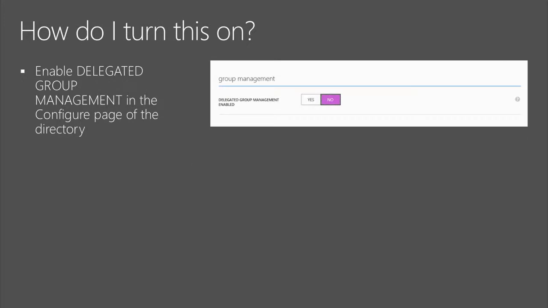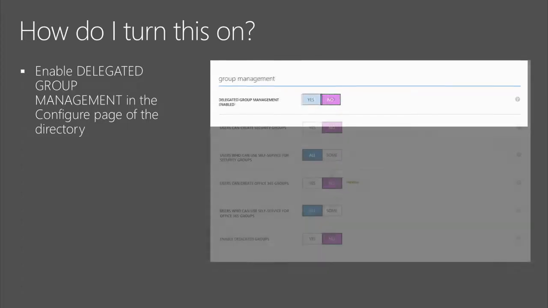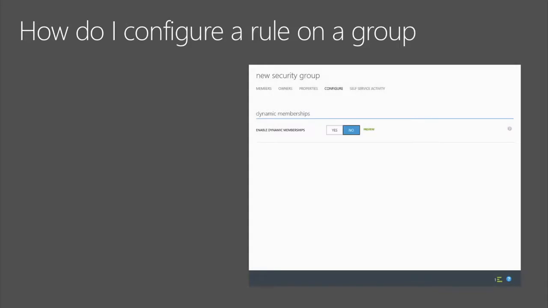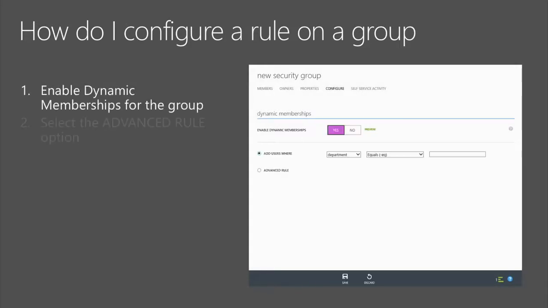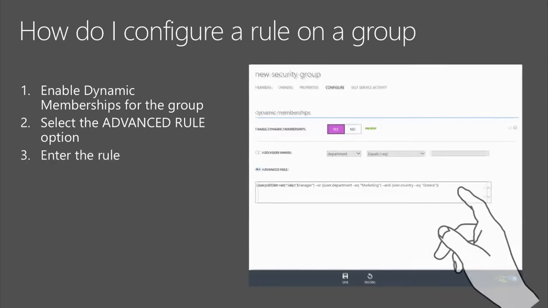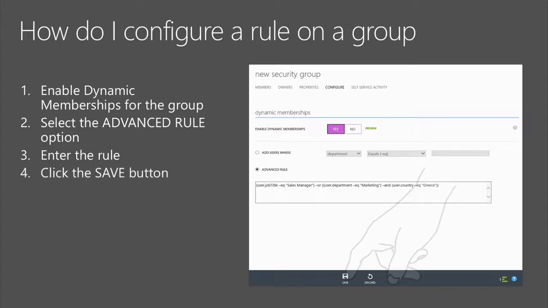Moving on. So you can turn this on by enabling dynamic group management on the group that you just created. By enabling advanced group features on the configuration tab in Azure AD, then creating a new group, enabling dynamic group management on that group, and we'll want to apply that complex rule we just created, so you can change to advanced rule, paste that rule in, save button, and from now on the rule is operating.